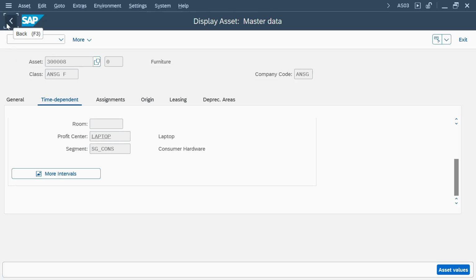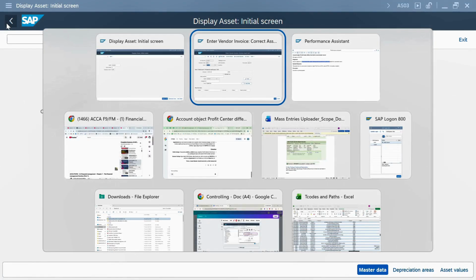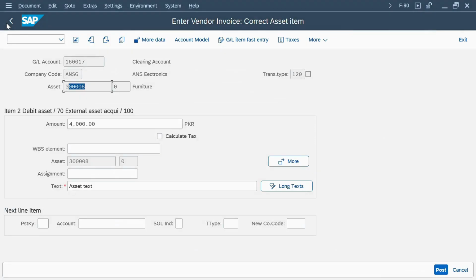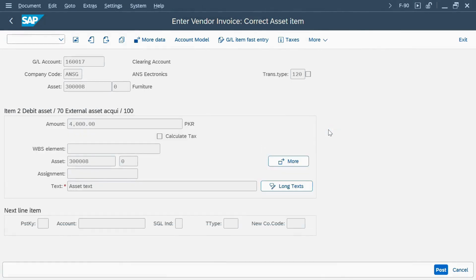Alright, so we have already assigned the profit center in the master record of the asset, but there is no option to assign our profit center. So what we are going to do is simply